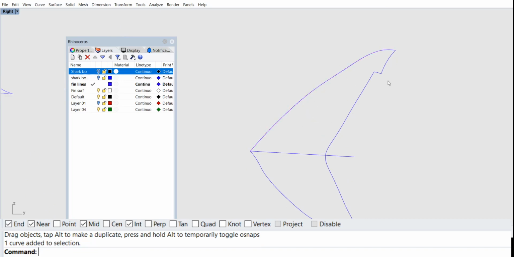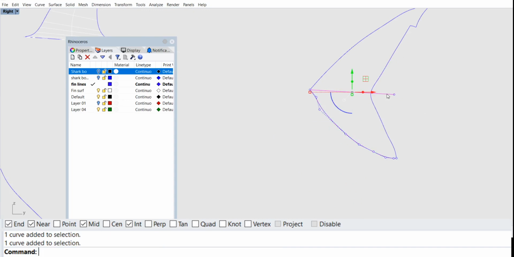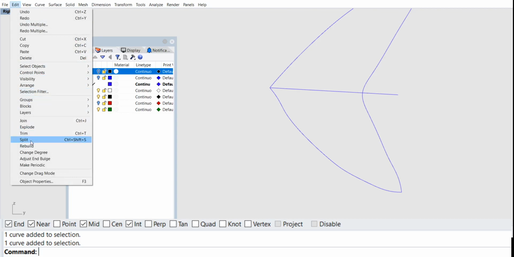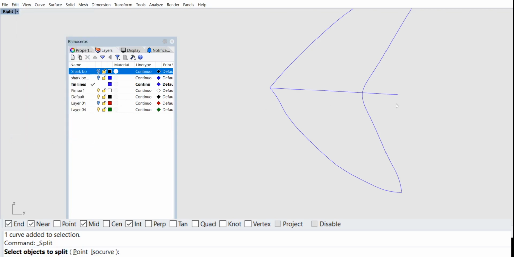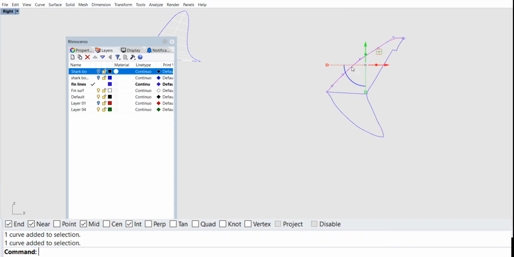These ones I'm going to join, and this one is good. And this one I want to split. Split it right here. So we'll use the split command, and we'll split this curve with this shape. And we'll give a trim here. So now I've got my curves, front, back,